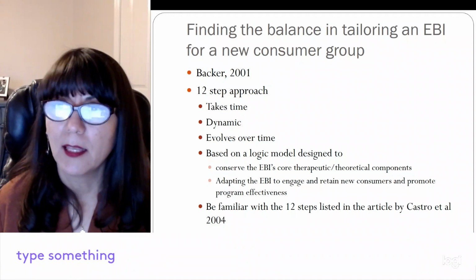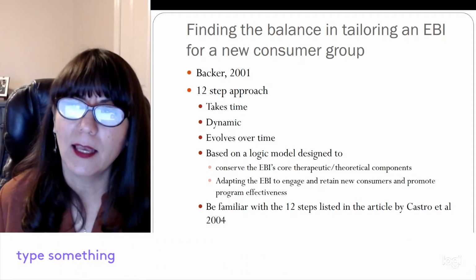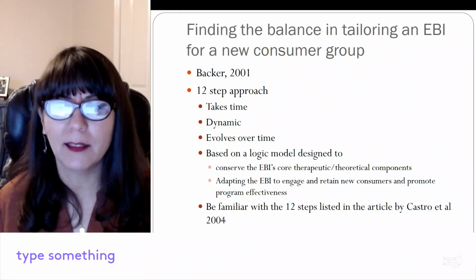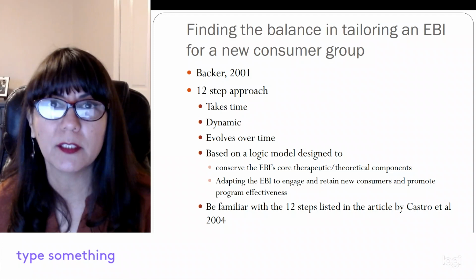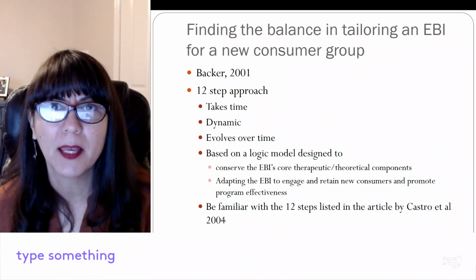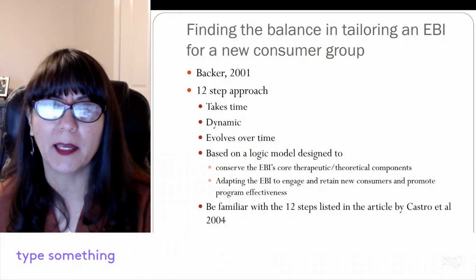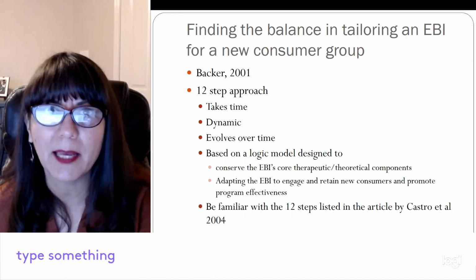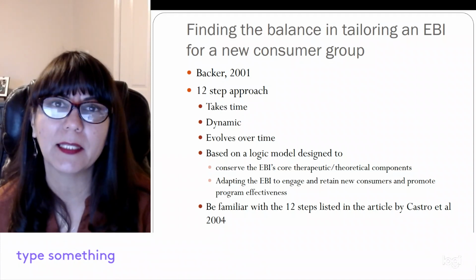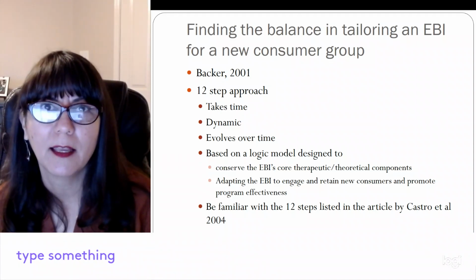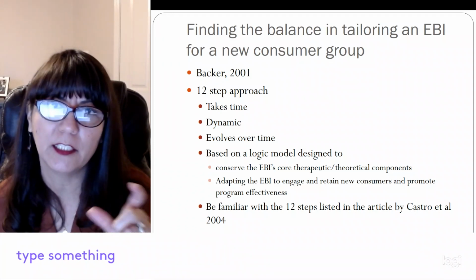So program evaluation and program adaptations are dynamic. We might make an initial attempt to culturally adapt a program, test it, and present it back to the community for feedback once we adapt the program. But once you finally implement it, you continue to learn about what additional things need to be adapted. And so you can continue making adjustments.